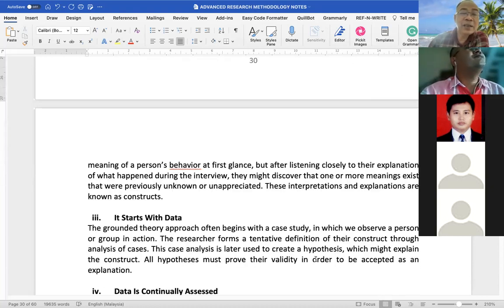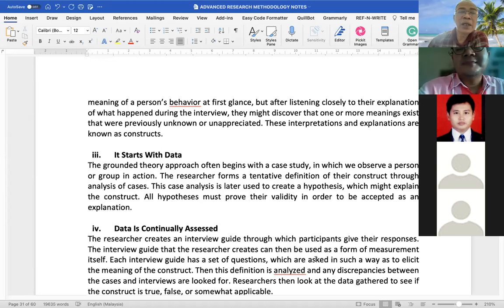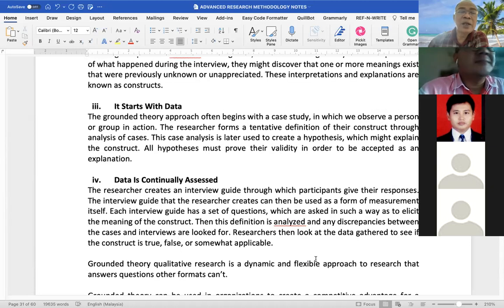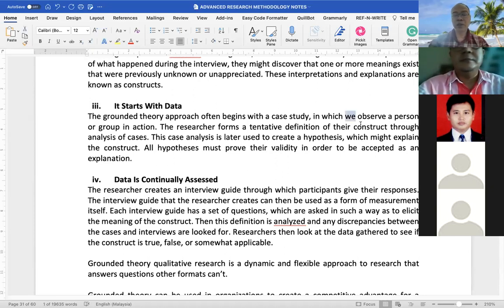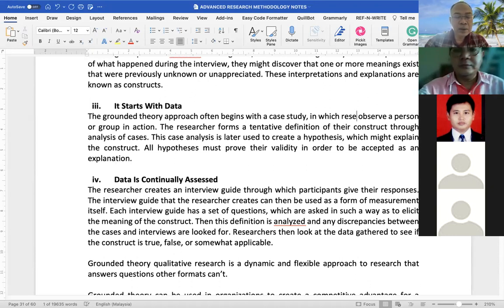Okay, it starts with data. Macam kita sebut tadi, grounded theory, dia start dengan data. From the data itulah, selepas researcher observe the behavior of the people, the behavior of individuals within the group, the behavior of the groups. Then the researchers will,